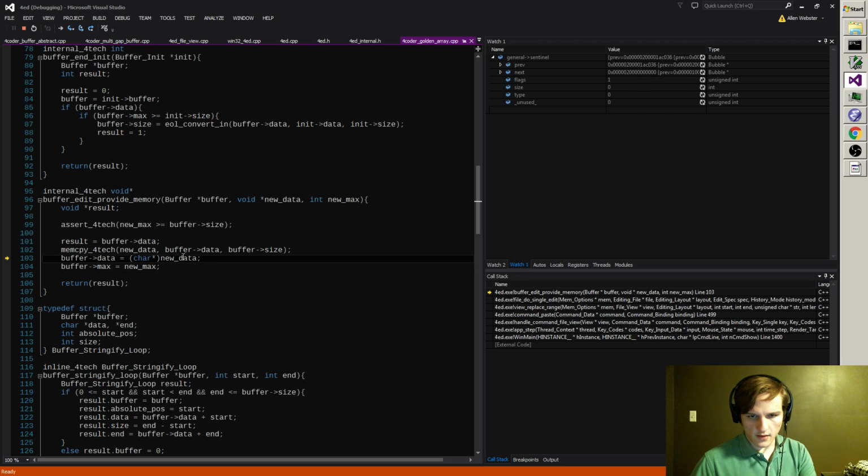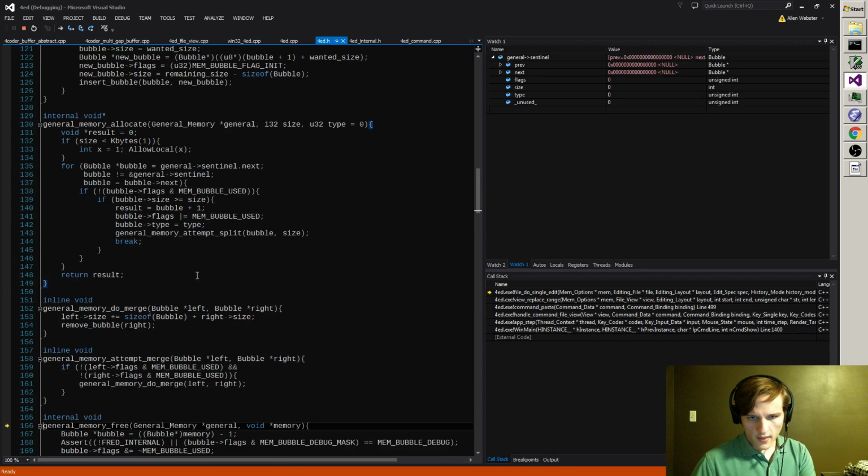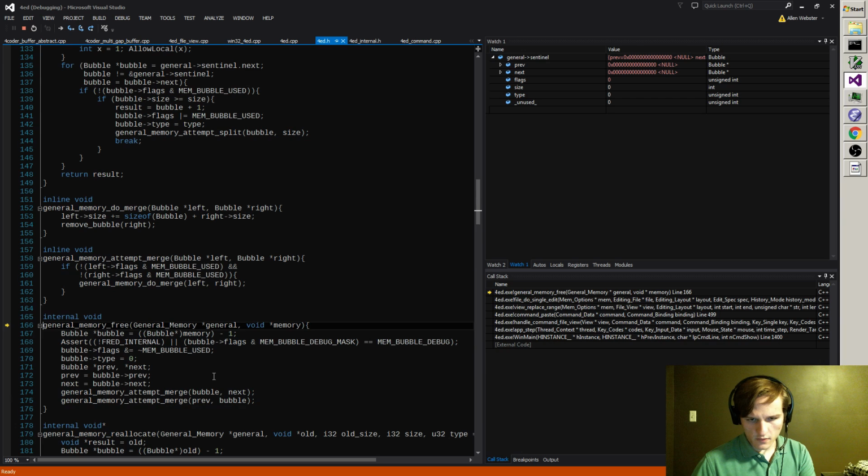Then we set that data there. Right, so that grew a little bit. I gotta make sure I'm doubling it from the inside. I return the old thing, then I want to see what happens when I try to free that, make sure